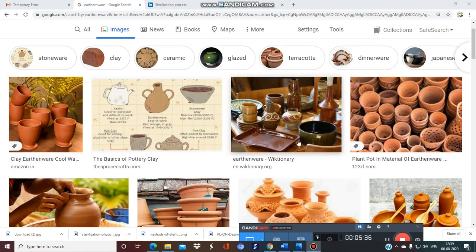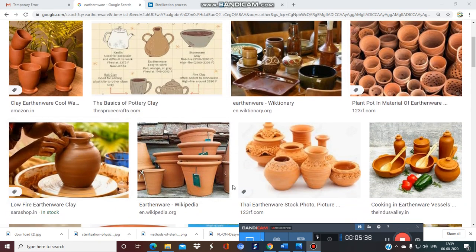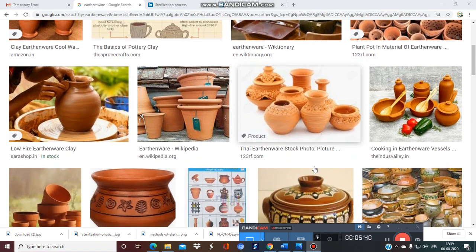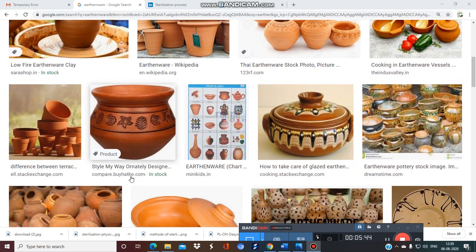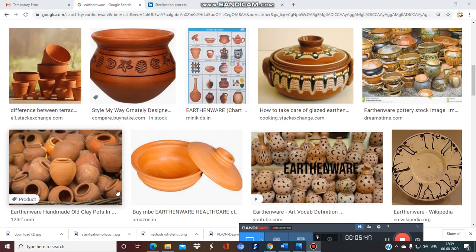Yes, again, earthenwares. So these are the various types of pots that were used in ancient times as a filter aid, as a water aid. Now we are using RO filters or UV filters, but in traditional times, these were the best method for filtration. So we are also using these types of filters even for sterilization purposes. So we will do it in detail.